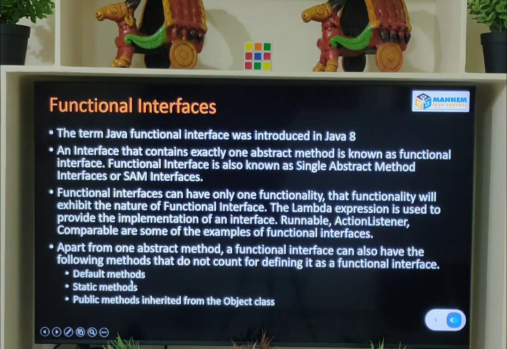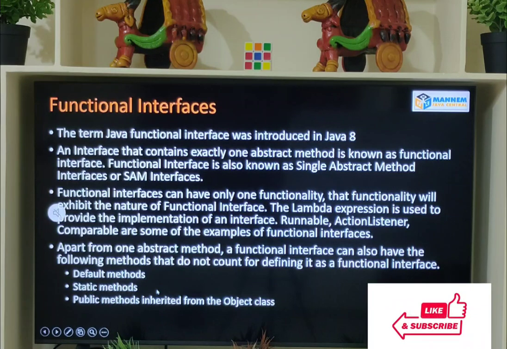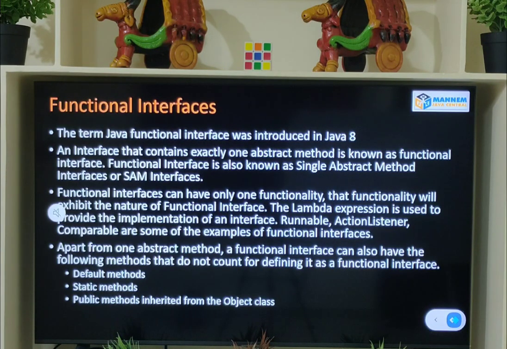But these default methods and static methods will not be counted. If anyone asks what is a functional interface, you can answer, an interface which has only one abstract method is nothing but a functional interface. This is one of the famous interview questions. What is a functional interface? An interface which contains only one abstract method is nothing but a functional interface.